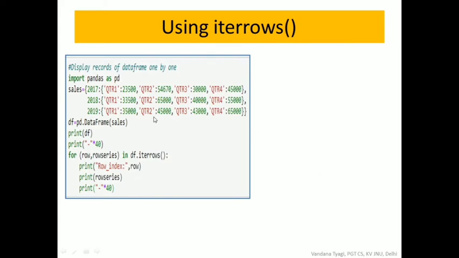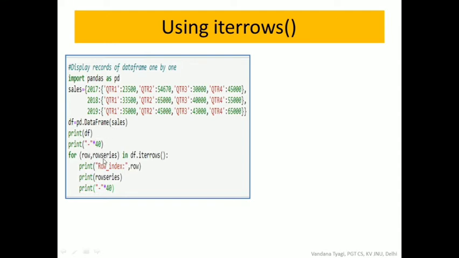Now let's see how it works through this program. If you see, we are creating a data frame here using a nested dictionary showing the sales of 4 quarters of 3 years. The years 2017, 18, 19 are the outer keys of my dictionary, and quarter 1, quarter 2, quarter 3, quarter 4 are the inner keys. So we are making the data frame. Already we learned how to create a data frame.